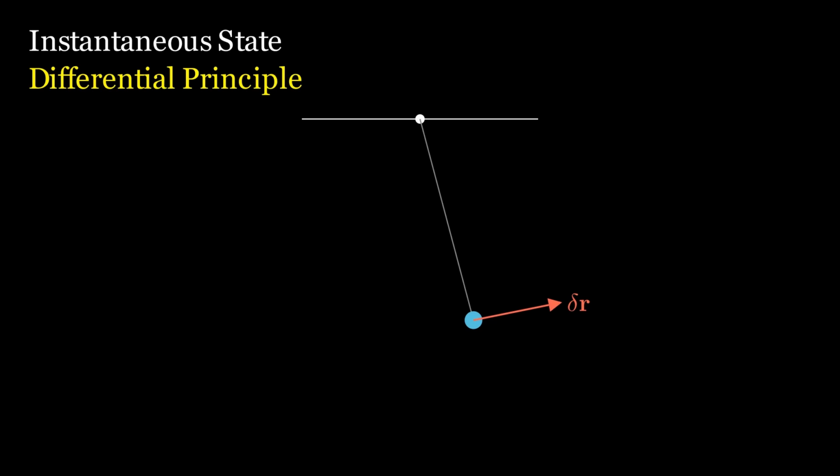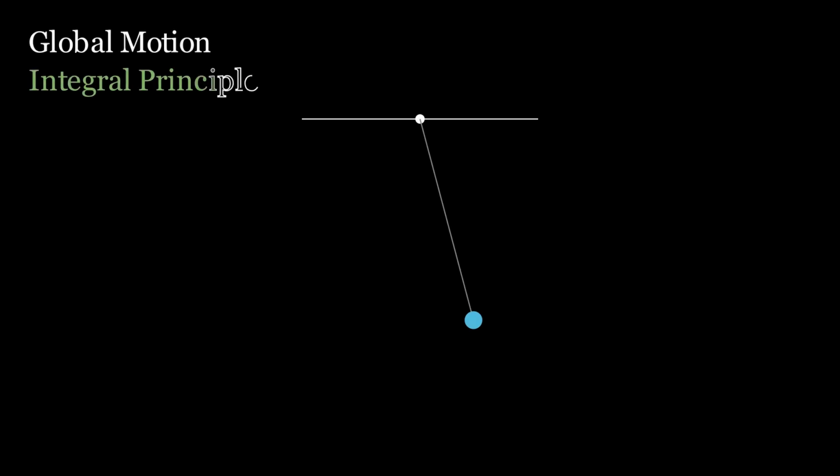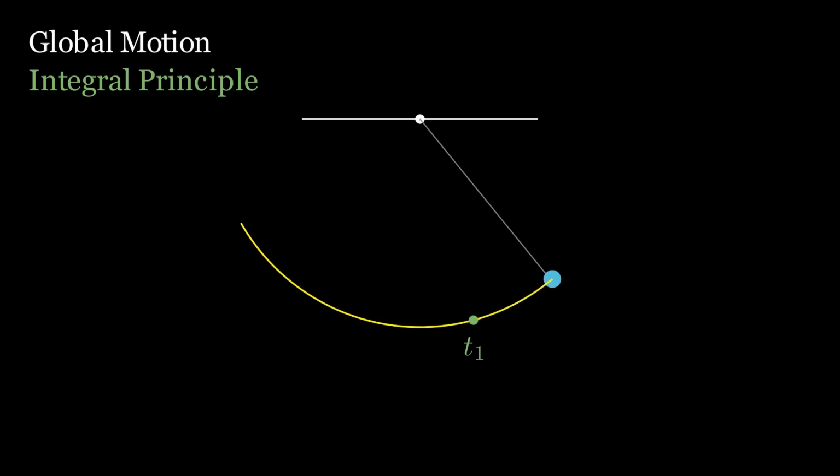However, theoretical physics offers us an alternative, a remarkably elegant and mathematically powerful perspective. Instead of focusing on a single frozen moment, it is possible to obtain the equations of motion from a principle that considers the entire motion of the system between two distinct points or times, t1 and t2. Such an approach examines small virtual variations of this entire global motion from the actual physical trajectory. A principle of this nature is known as an integral principle.